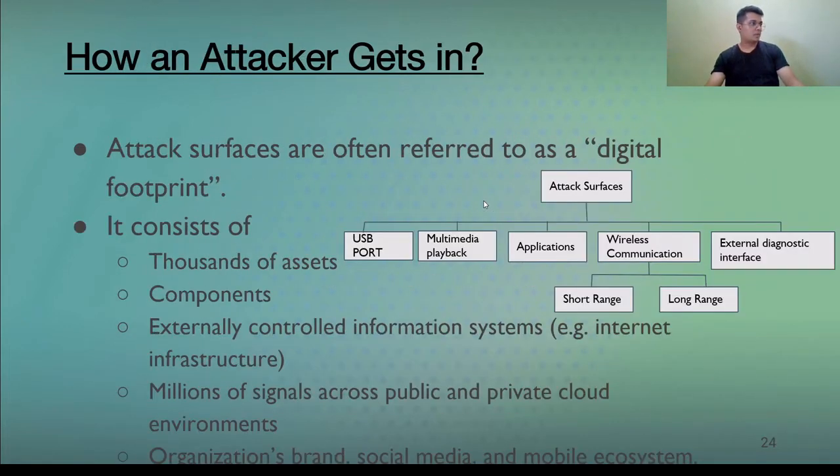In more detail, attack surfaces are often referred to as digital footprints. This is just a fancier term. So what does it consist of? It consists of thousands of assets. An asset is something which is valuable to you. Maybe your wallet is your asset.